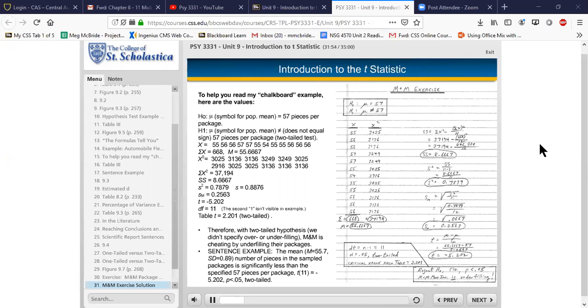This is definitely a situation requiring a two-tailed hypothesis, despite the fact that the consumers group suspects cheating, because we also want to see if perhaps the M&M Mars company is wasting its own money by packaging too many pieces. The collected data are written down in a column labeled X for scores, and the square of each X is in the column beside. I have summed both columns and calculated the mean